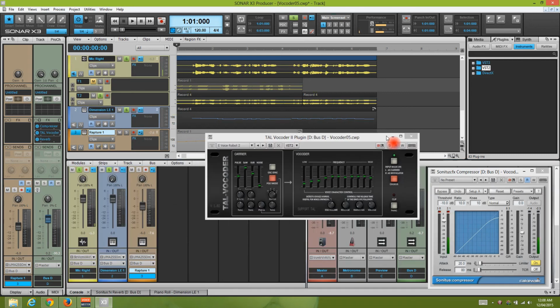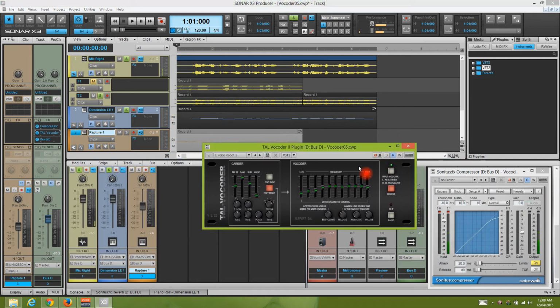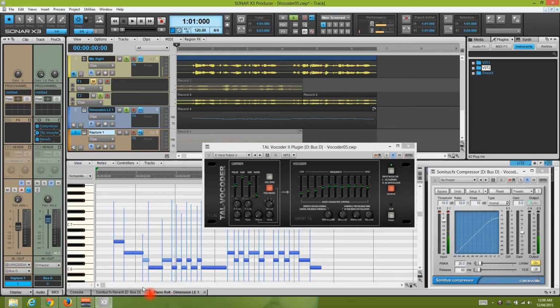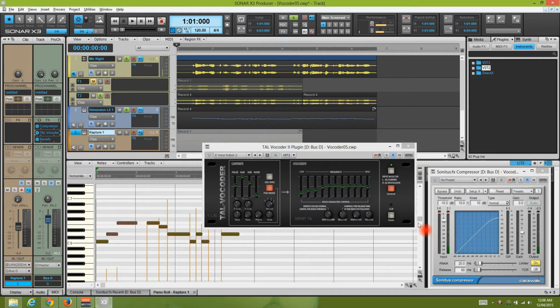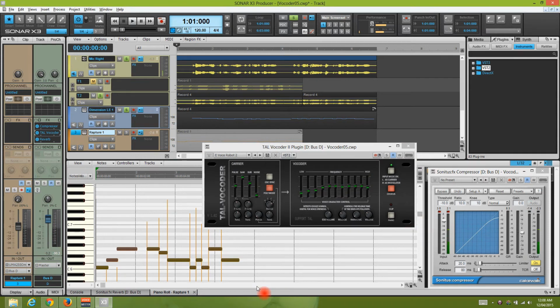We'll get the vocoder up, and we'll also go to piano roll view because it's quite important to get the intonation by keying the MIDI as you are speaking the audio. So let's just play that one. We'll have to go onto the new tracks